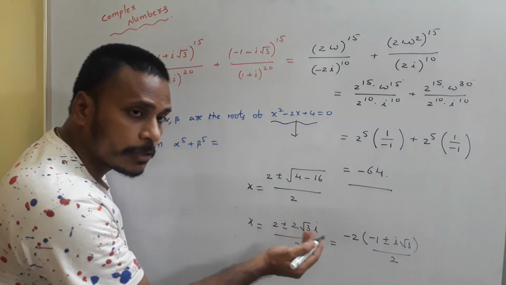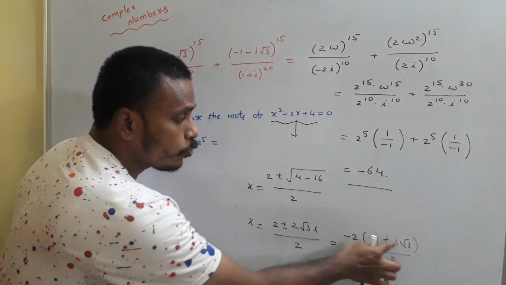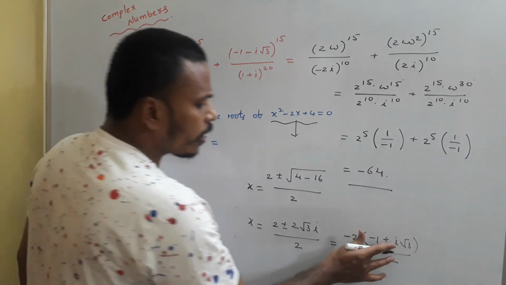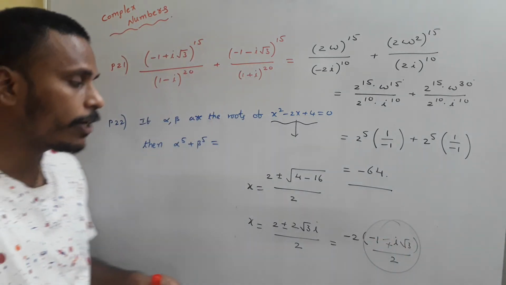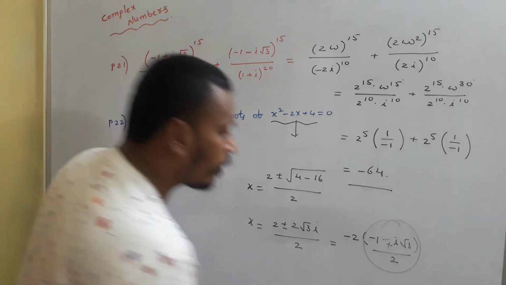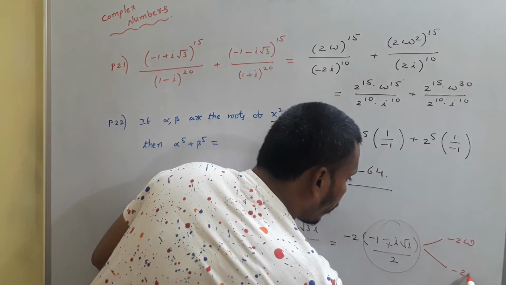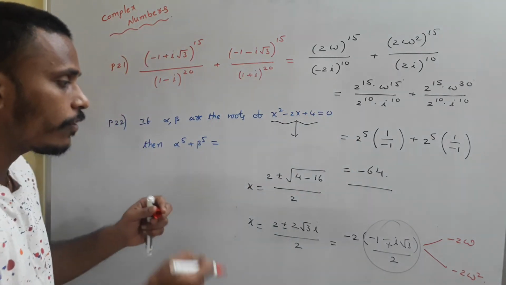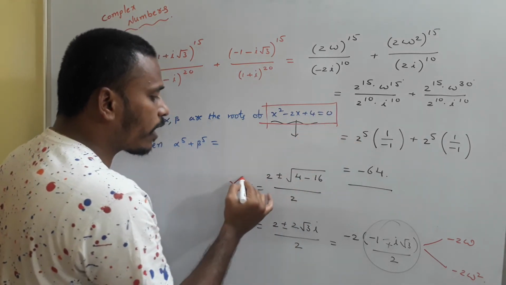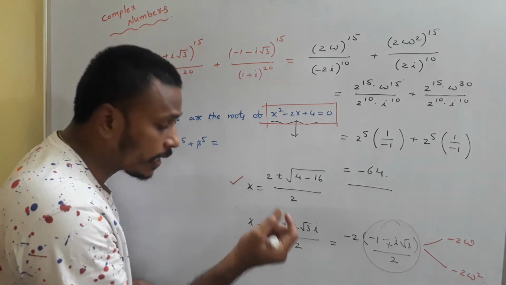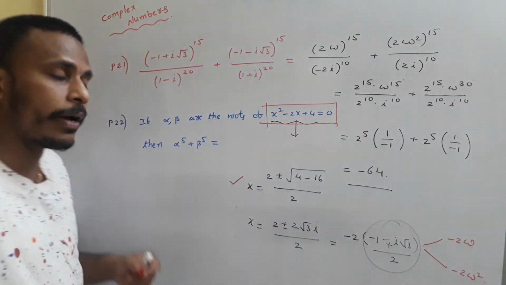So from these two terms just pick out minus 2. Minus 2 into minus 1 is 2. Minus 2 into this term is, see, instead of plus or minus you may write minus or plus, no problem. But this minus 1 plus or minus i root 3 by 2 is omega and omega square. So since it is omega and omega square, the roots are minus 2 omega and minus 2 omega square. That's what we need to identify. By writing the roots of this given quadratic using the quadratic formula and by connecting with the cube roots of unity omega and omega square, the roots become minus 2 omega and minus 2 omega square.